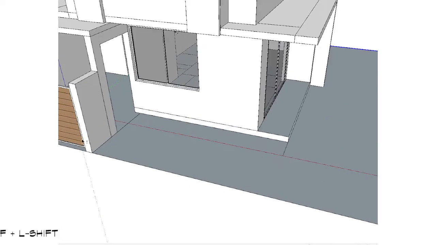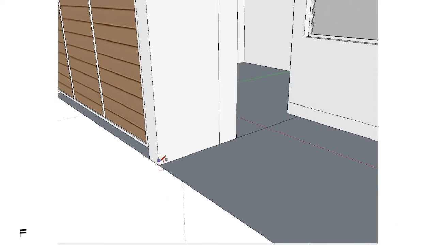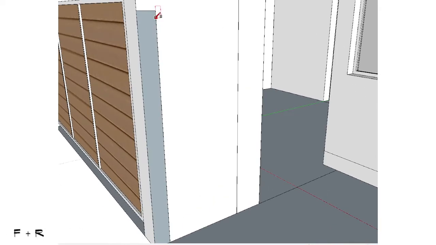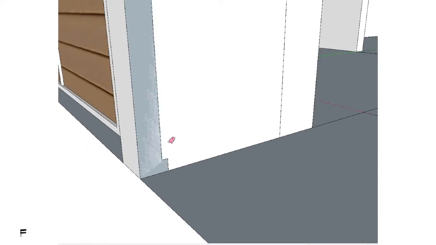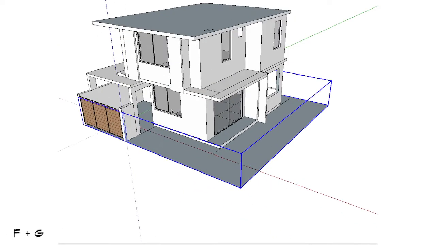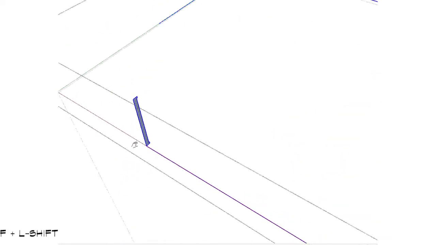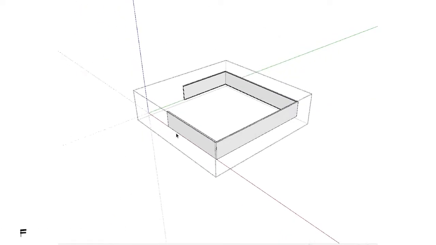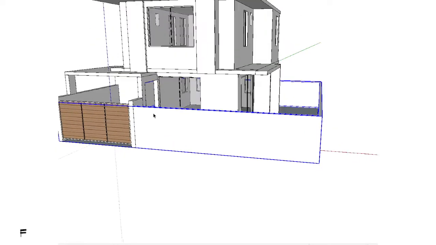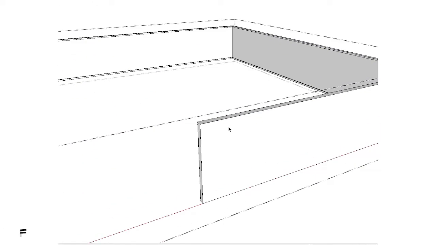Extend the path here, and let's make a profile which is something like this, and put a little baseboard. Okay, select everything, it selects the whole path. If I'll group it and enter, you can see that if I triple click, it selects the whole path. So I deselect this, press my follow me tool, which in my case is letter Y, and click on that profile. Now I have a perimeter fence, which you could also put some railings on top, but in this case